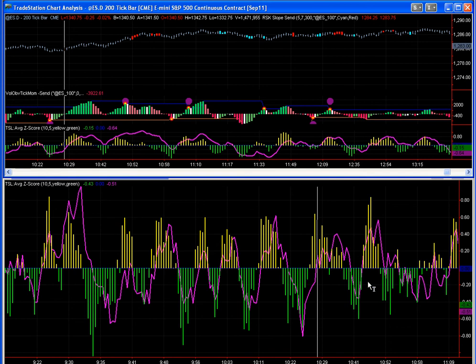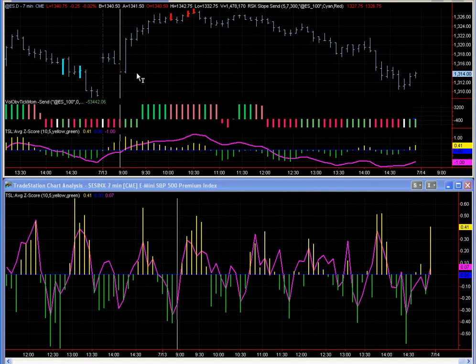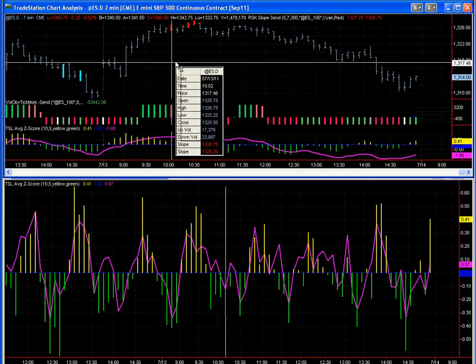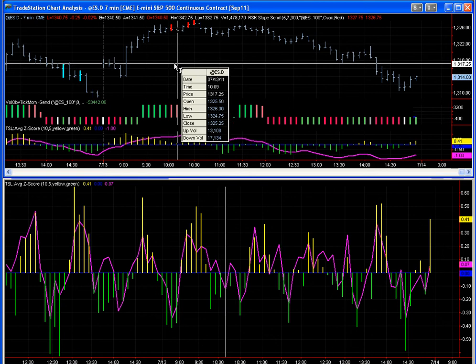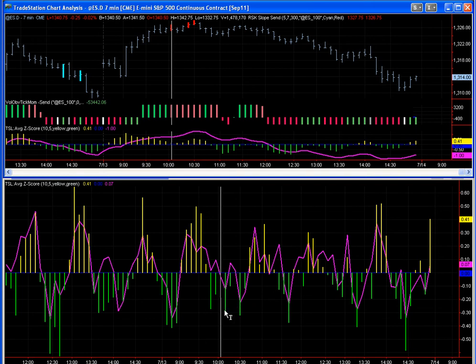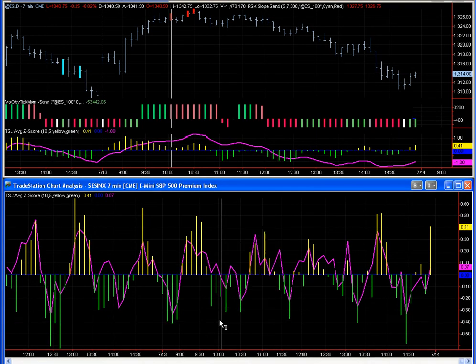So above the zero line for a long trade, and that used in conjunction with other indicators makes a real fine entry. Let's take a look at a short trading opportunity. Now here on the 13th, as the market rallied up, look at the 7-minute once again. Right in here, we have our first possible trade to the short side. That occurs at around 10:02. We're going to change these into tick charts in just a minute, so we'll just record when that change took place. One took place at 10:02,